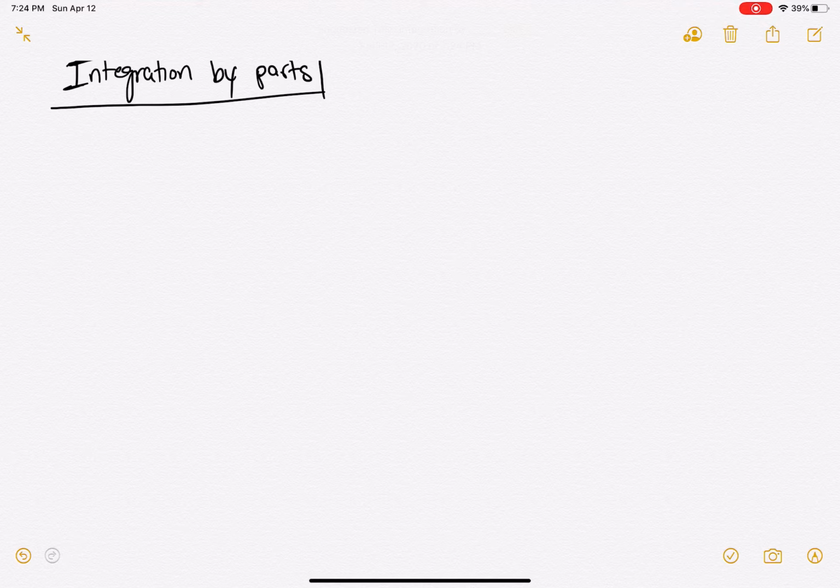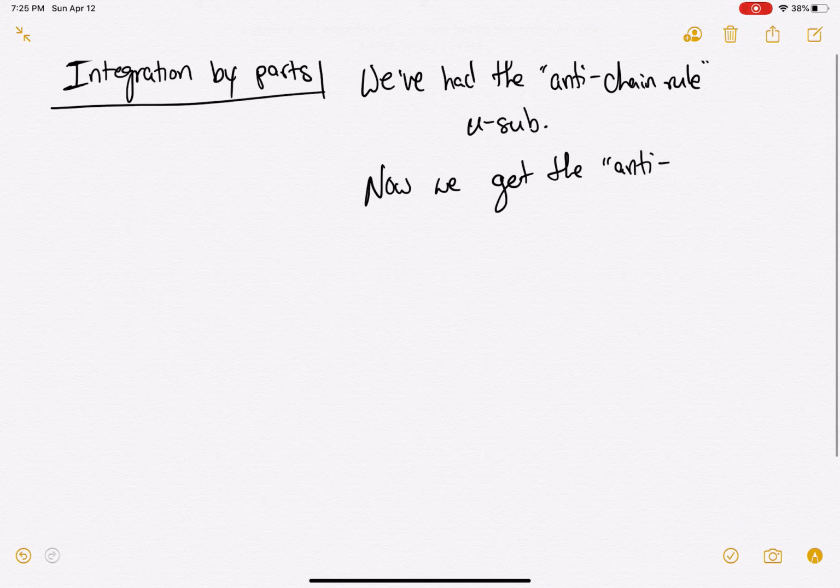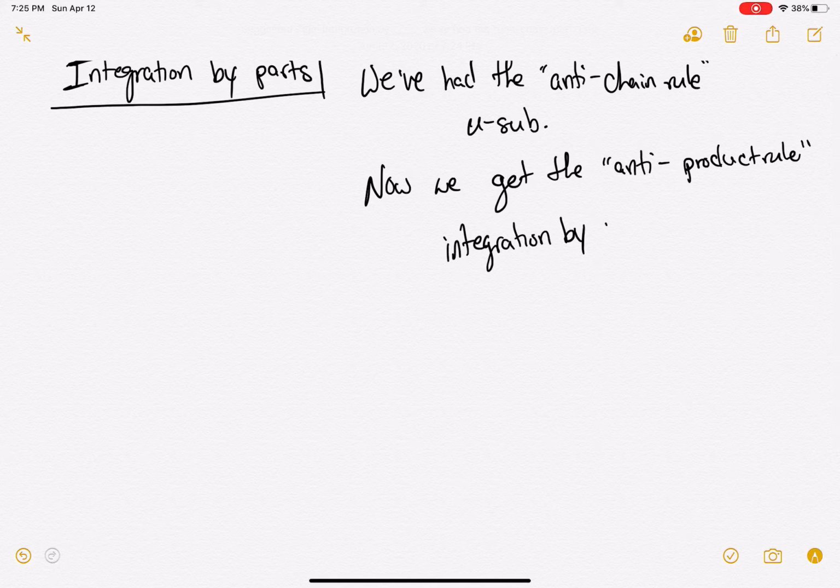We've had antiderivatives, right? So you had the anti-chain rule, that was U substitution. Now we get the anti-product rule. The anti-product rule is how you want to think about integration by parts. In other words,